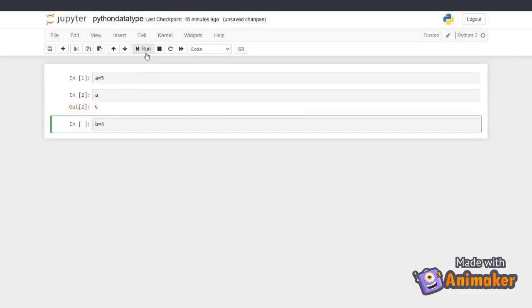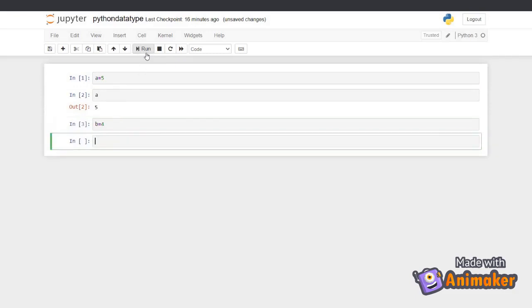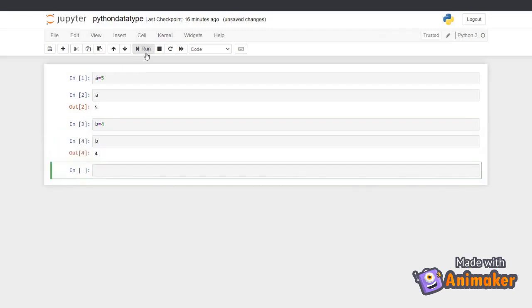Suppose b equal to 4. If we want to print the 4, we just give b. That's it. So we'll see the basic operations regarding integers and floating points. The first operation is addition.